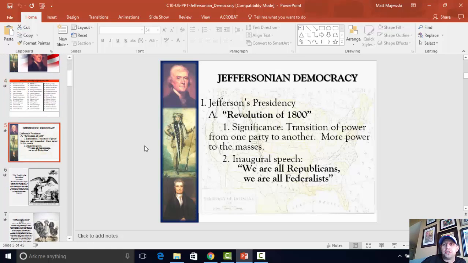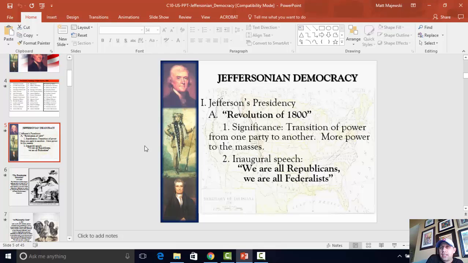Next slide. Jeffersonian democracy is what we call it, folks. That is rule on behalf of the people. Now, hey, the people are not running the government. The lower classes and the middle class are not running the government. It's wealthy folks. It's privileged folks, but they run it on behalf of the people. They represent the interests of the masses more so than the Federalists did.